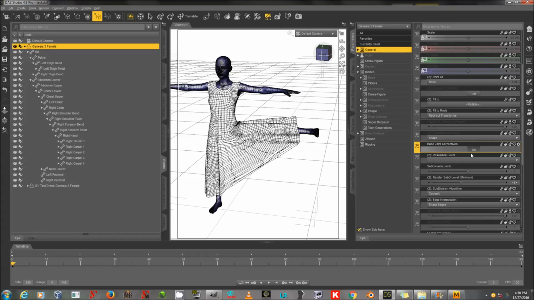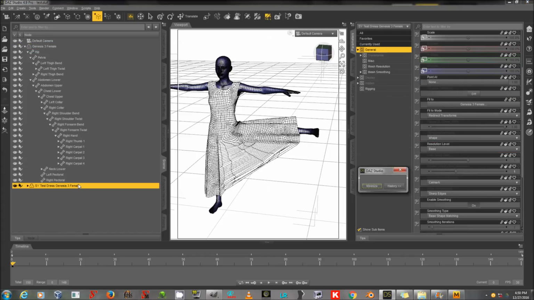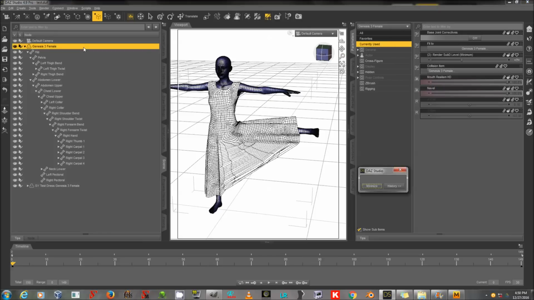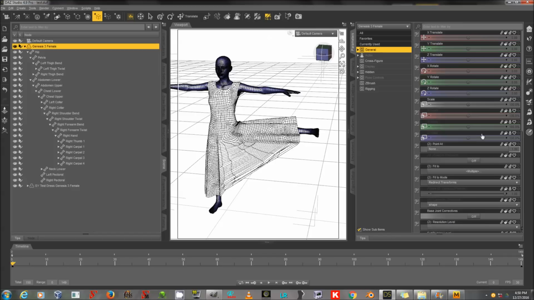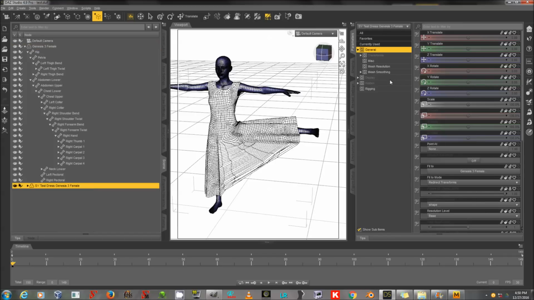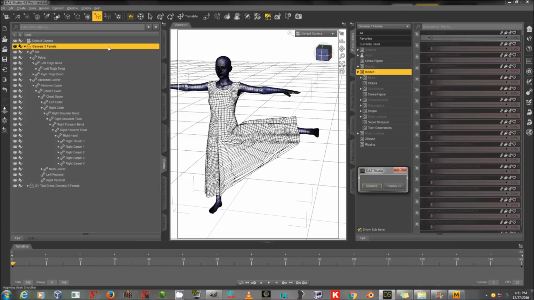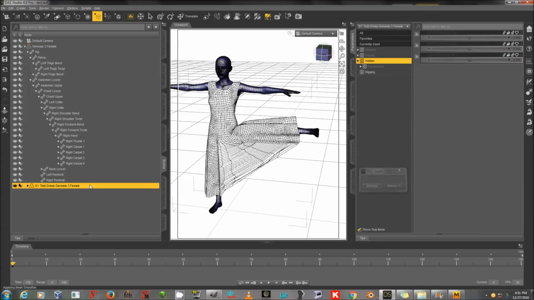But alright, back in DAZ Studio, I'm going to turn on the visibility of my test dress here. And under currently used, you can see that the current version of that JCM is there. I'm going to go to Genesis 3 Female and General and turn base joint correctives to off. And make sure that's off on this. I've been playing around with it, which is why the dial is not at 0. There we go. So it's important that that base joint correctives button be off, or the JCM won't load and